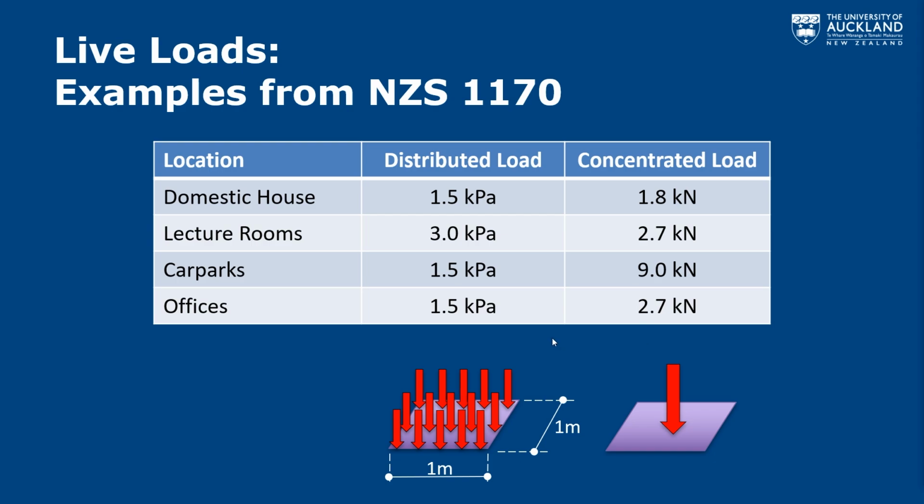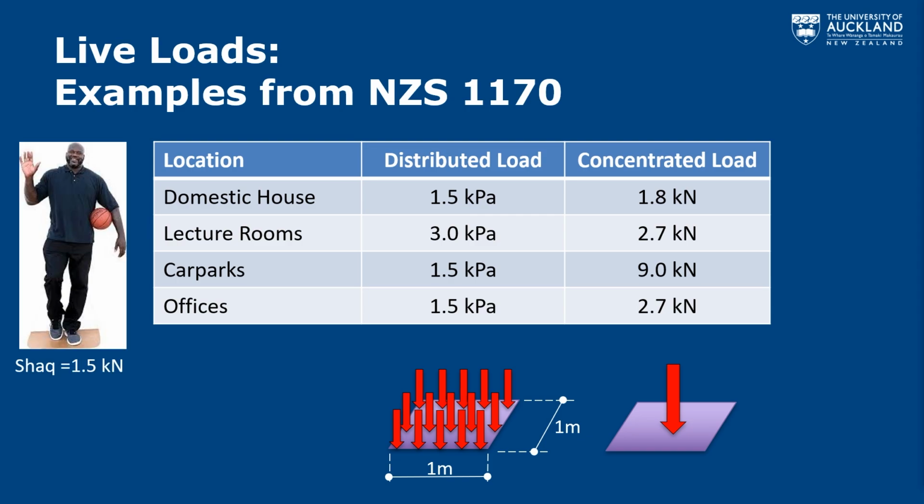And lecture theaters about twice that. Car parks are about the same. Offices about the same, so about a kilonewton and a half per square meter. Again, because I always like having some context for this, a kilonewton and a half per square meter is approximately Shaquille O'Neal. He takes up about a square meter. He weighs 1.5 kilonewtons, so you can think of your domestic house, if you've got like a lecture theater, you